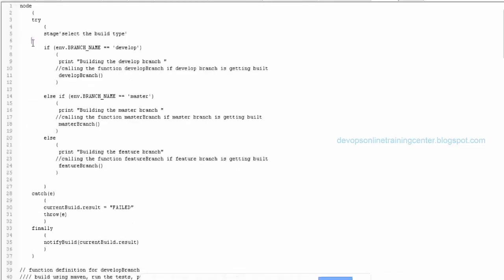So this is how a script looks, a multi-branch script. Stage, select the branch, and if the branch is this, call the function, and if the branch is master, call this function, else call this function. Okay.